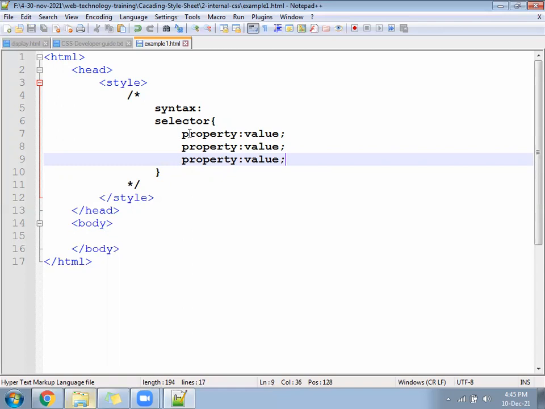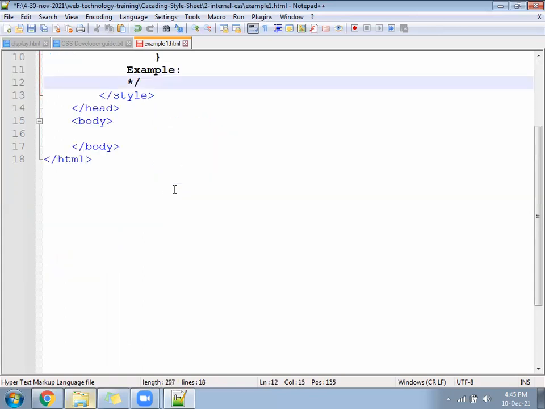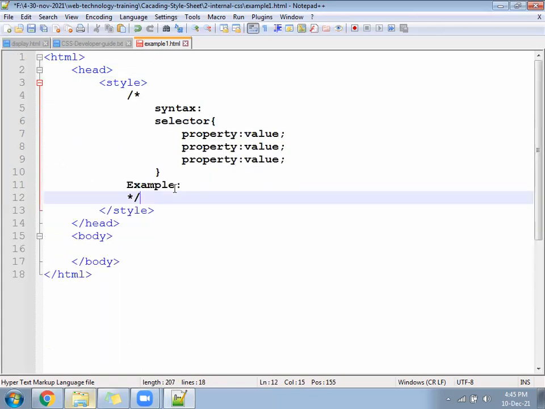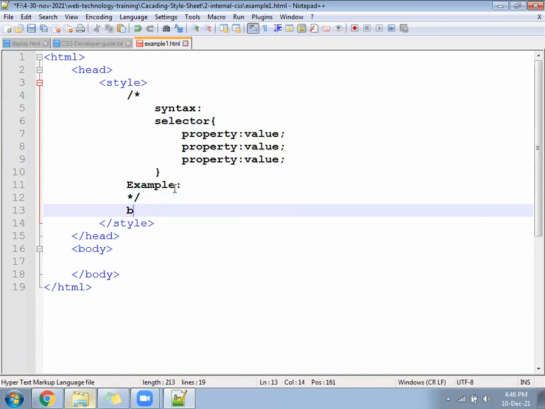Written property value. Come down below, right here, for an example. Outside of the body tag, you will write the example comment, slash star, star slash.